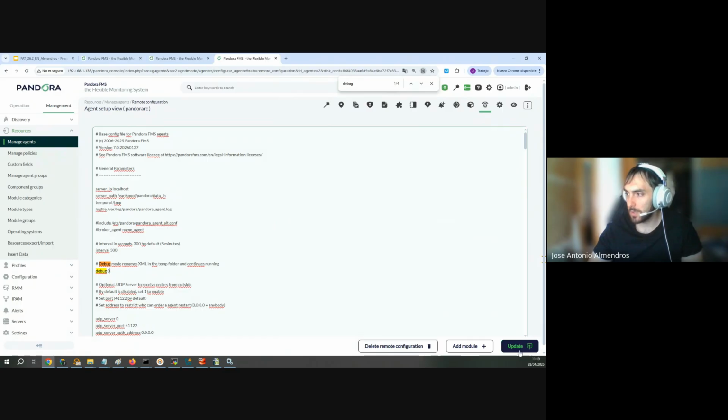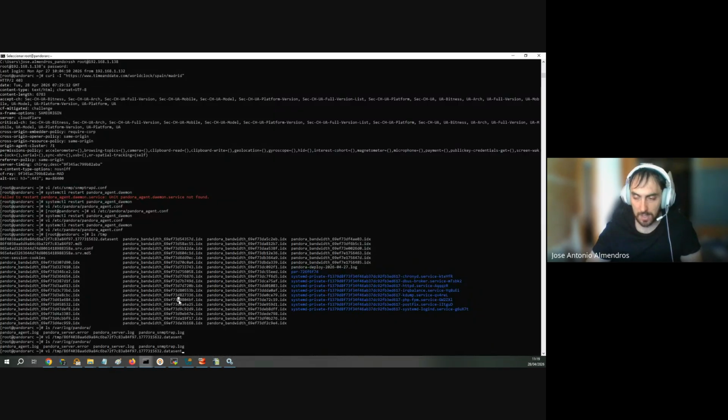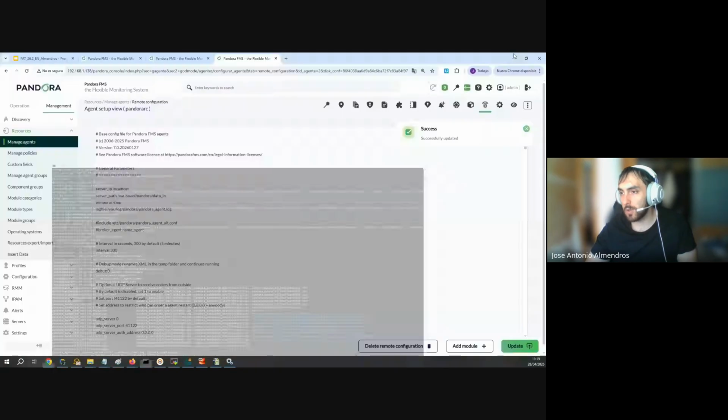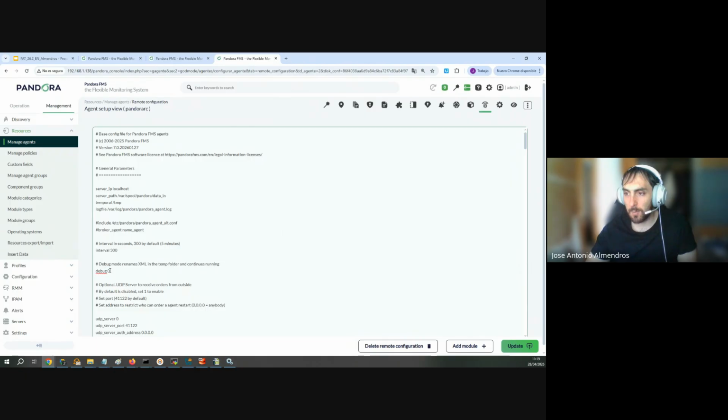in the console and in the agent, because with the debug enabled, it stops communicating with the server. Okay, so we have to disable the debug in the two ways. Because if we only disable the debug here in the machine, when it contacts the server, if it is enabled there, it will be enabled again, because it will download